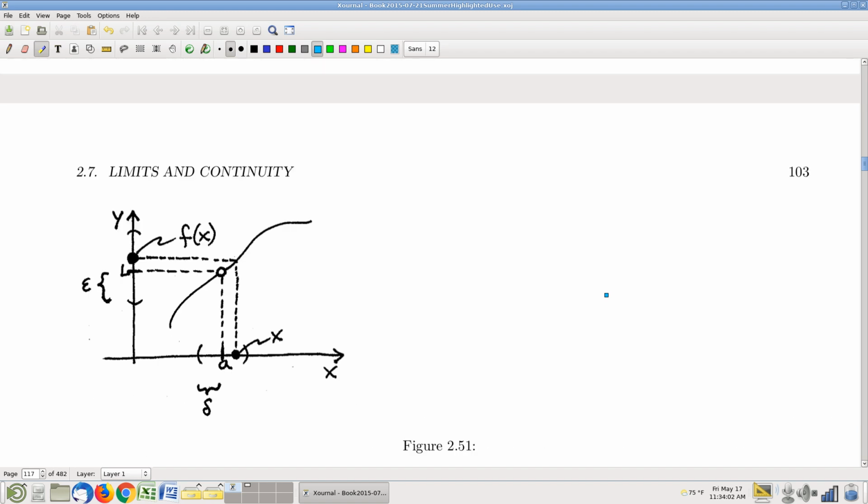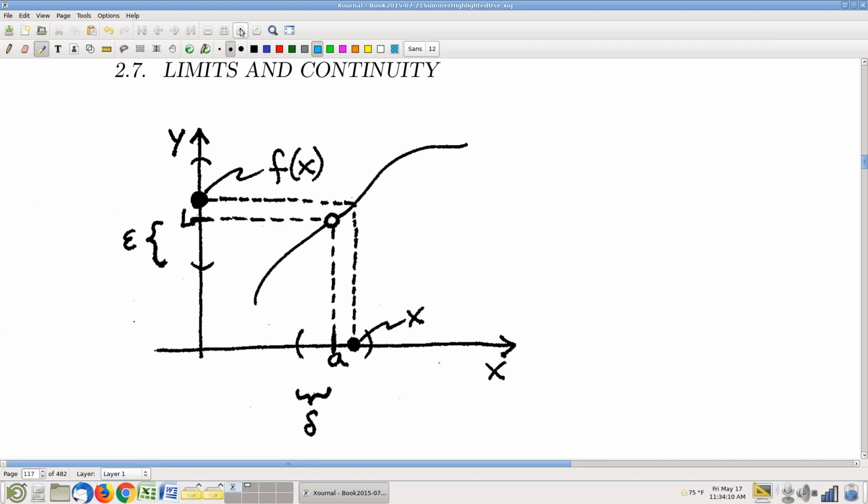The big idea of the definition is this. I'll zoom in one bump here, and give myself more space. I would like to be able to say that at this value A, the limit is L. What I mean by that is that no matter how small I make this interval around my alleged limit L, no matter how tightly I require that the function be near that L, I can make that happen. I can accomplish that as a goal simply by requiring that x be somewhere